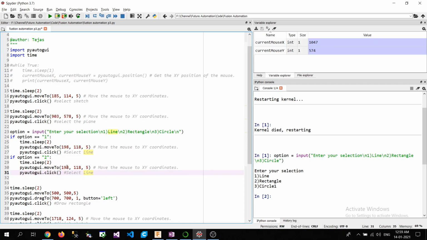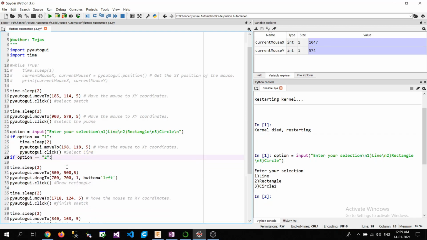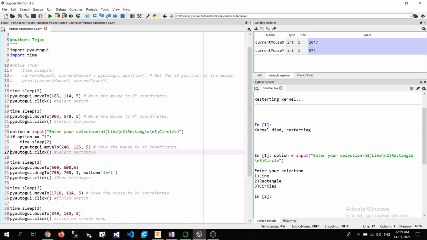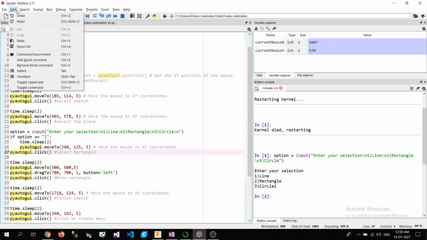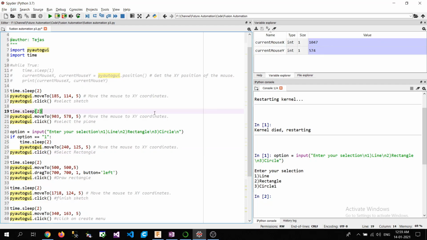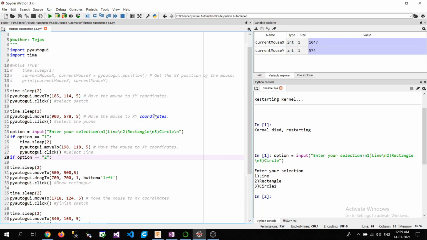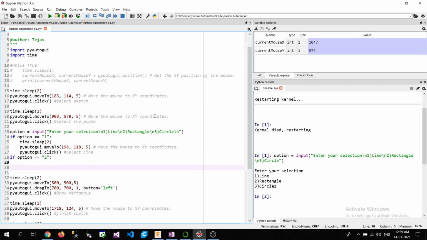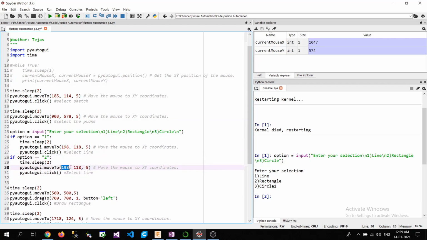honestly I forgot what was the location of the rectangle, so we can go a little bit back and then come back again. So 240 and 125 for rectangle. Okay, so control shift Z. Okay, Z. So rectangle was 240 and 125. Rectangle,